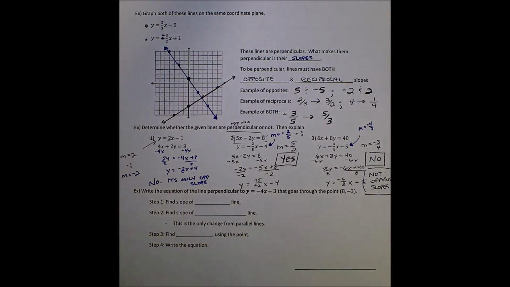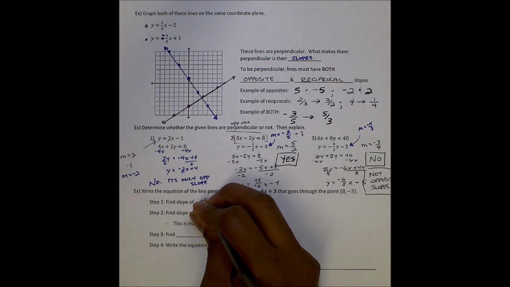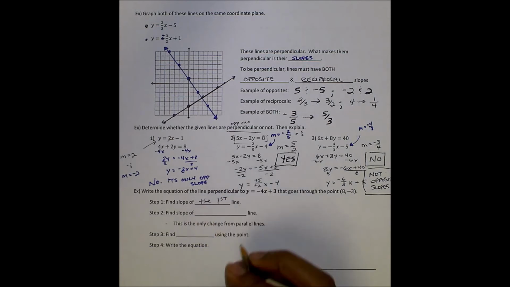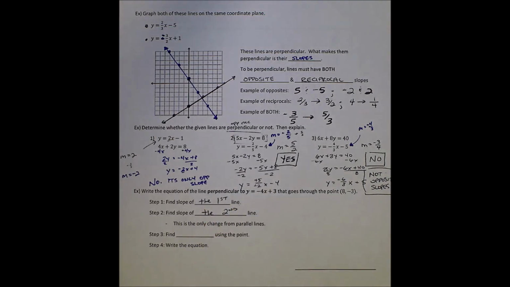Alright. So, in order to write the equation of a line perpendicular to y equals negative 4x plus 3, it goes through the point 8, negative 3. We have the same process that we'll do with parallel lines as well. We find the slope of the original line, we'll say of the first line. Find the slope of the second line. And then we find the y-intercept